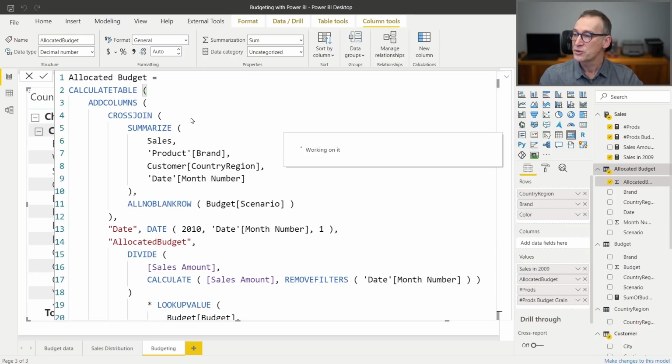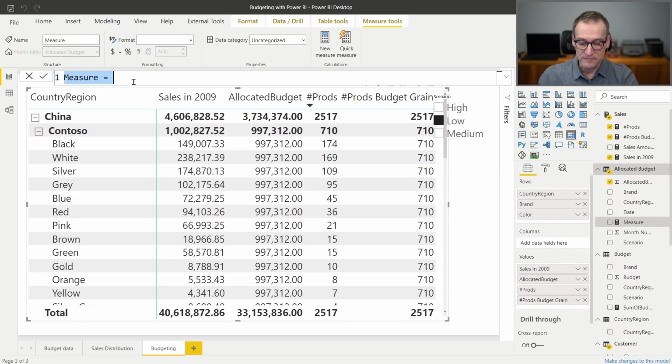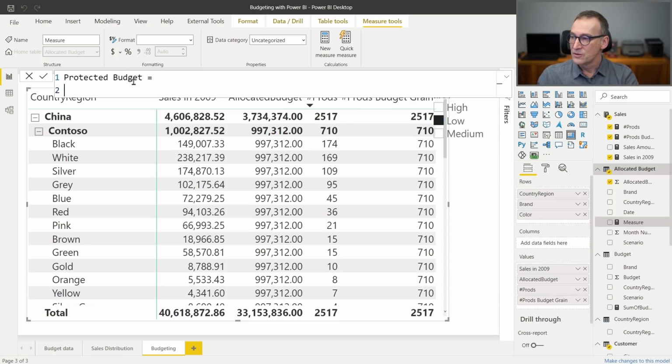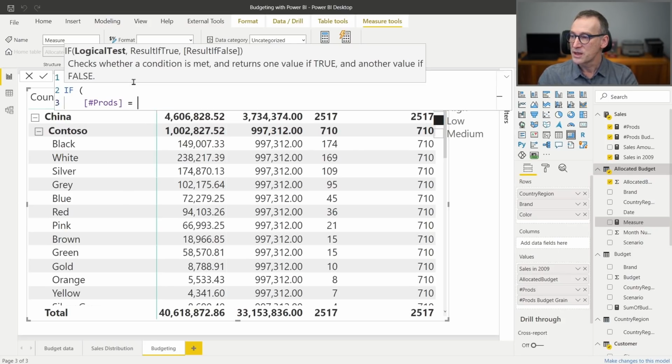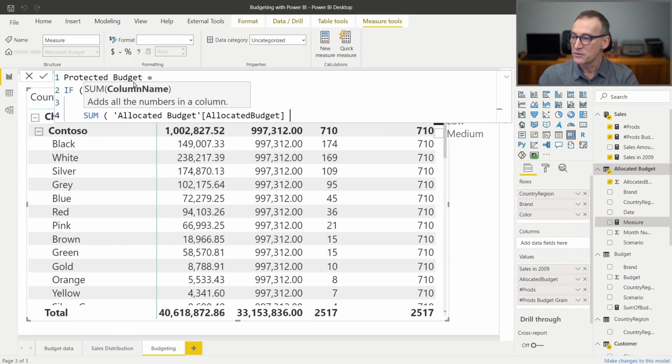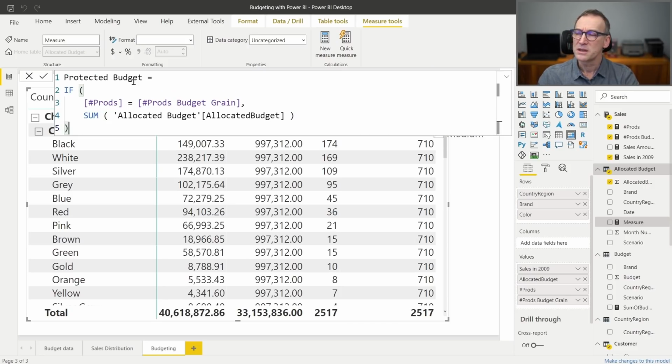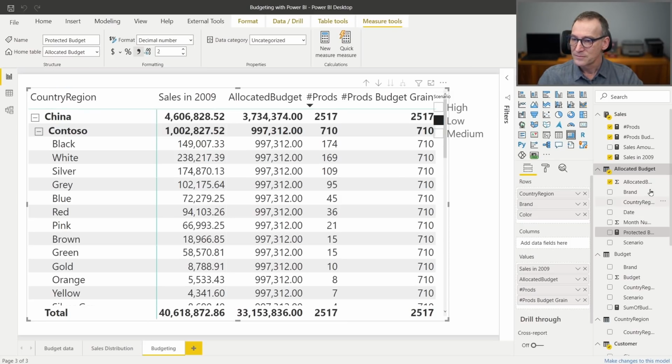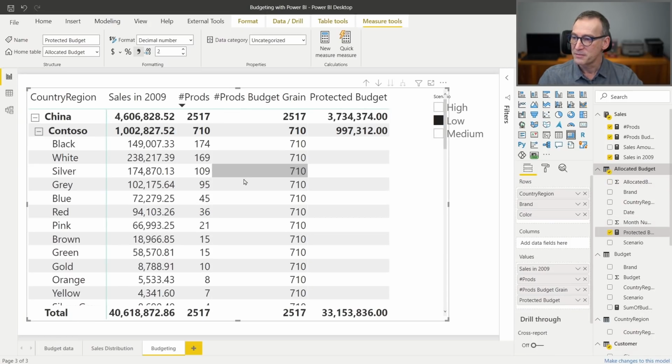So we can build a measure to add our if statement, which we call protected budget, which checks if the number of products is identical to the number of products at budget grain, then it shows the sum of the allocated budget. Otherwise, by default, it does not show anything. We format it as a decimal number with commas. Now, from here, we can get rid of the allocated budget, and instead we put the measure protected budget. See what happens? Now I have the value of the budget when I can show the value and a blank